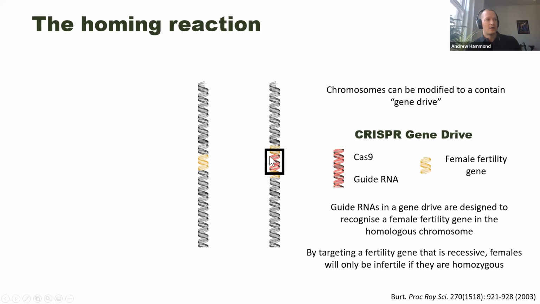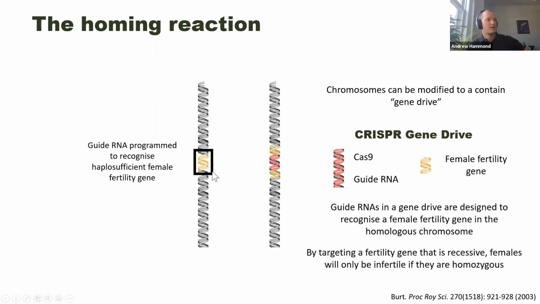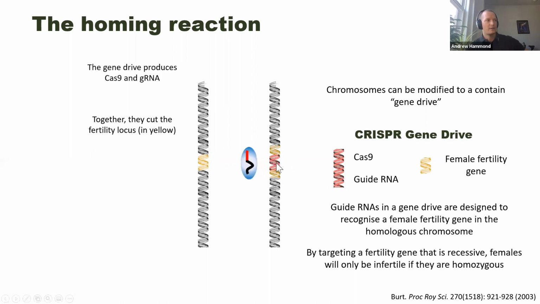And so in red, in this diagram, I'm showing you the gene drive itself, and that's just the genes for Cas9 and guide RNA. And what we've done is we've programmed this Cas9 and guide RNA to recognize a gene that females need to reproduce. And not only have we programmed it to recognize this gene, we've actually inserted the gene drive inside that female fertility gene, just as I've shown in this diagram. So if you were to express Cas9 and guide RNA from this chromosome on the right, it's going to come along and find its target site inside this yellow gene, inside the female fertility gene, and it's going to cut